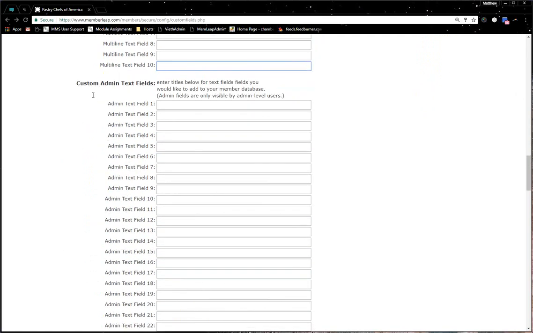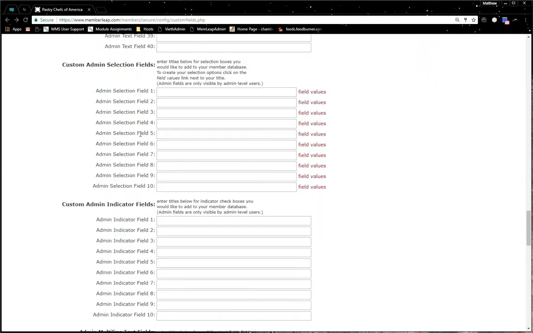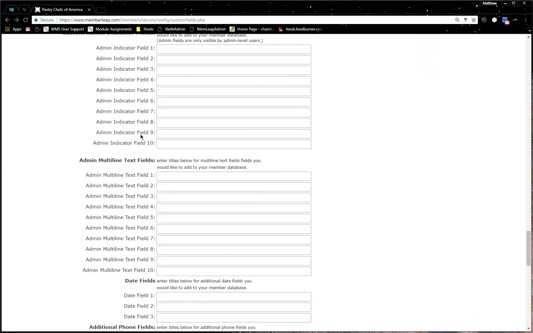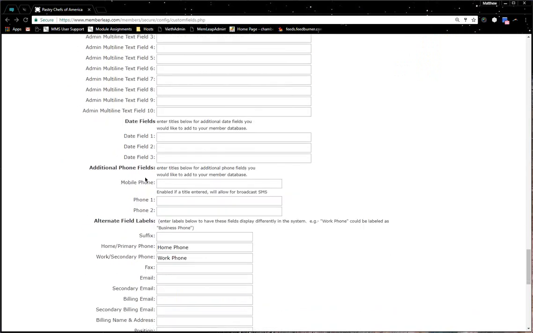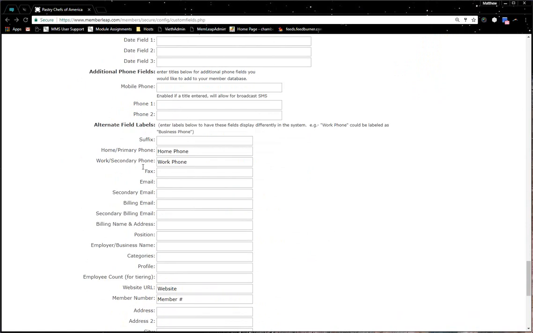Custom admin text fields. This is when you're starting to get into the admin only fields. What these are is when an admin views a member profile, they'll be able to see these fields. However, when a member views the profile, this field will not be visible to them. So this is something so admins can track specific parts of a member profile. Again, you have the text fields, your selection fields, your indicators, multi-line text fields, date fields, additional phone fields, and